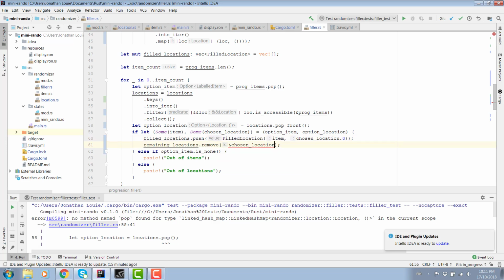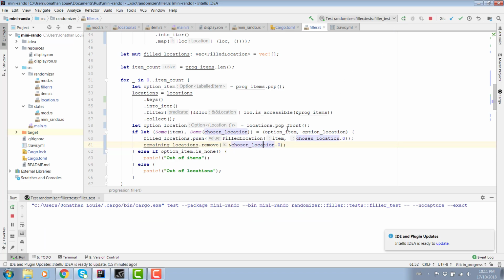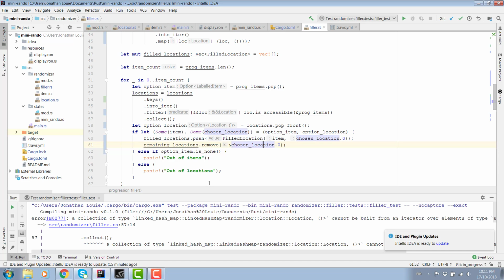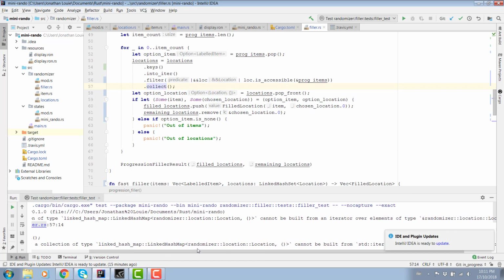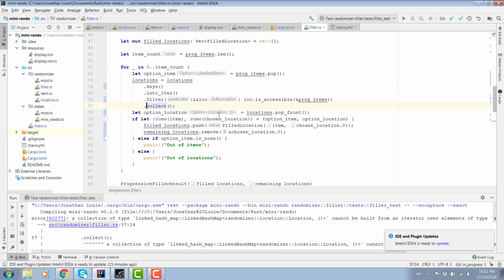That seems to be fine. And that also works. Cool. So the next error. Collection can only be built from an iterator. Really? Oh, of references, of course. Yeah, that's kind of what I figured was going to happen.